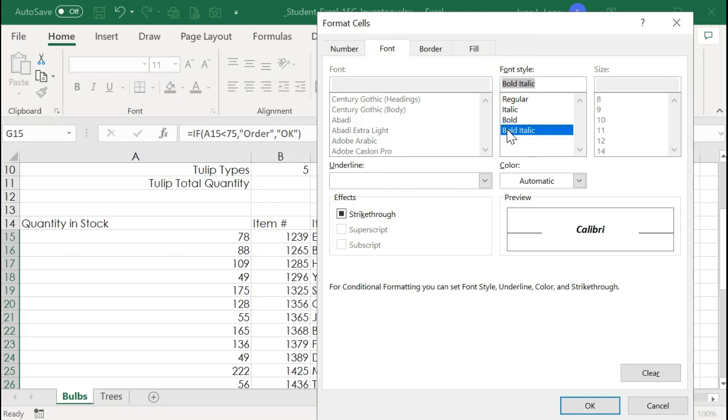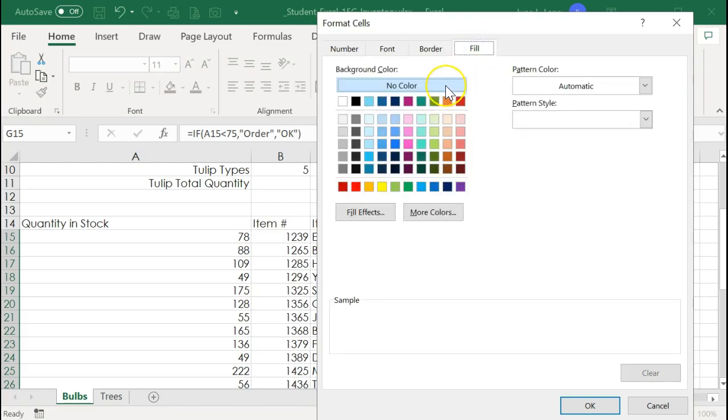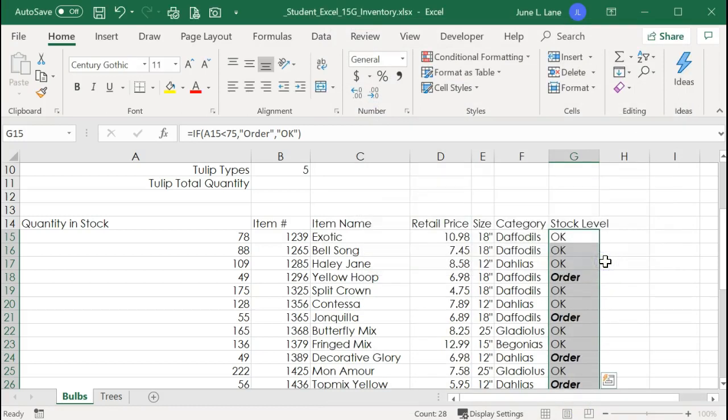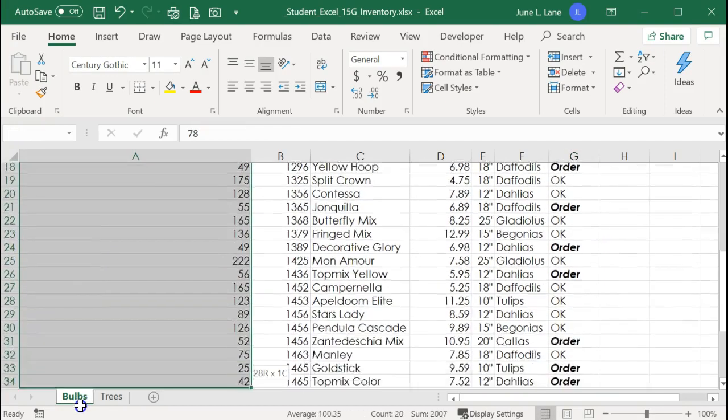Go ahead and select that. My font color is set to automatic, so that is fine. My fill color is set to no color. I need to activate that fill tab, and I need to choose no color. Make sure that that is selected. And I will say OK, and then OK again. Next, I'm going to go over to my quantity in stock. I'm going to select that range,